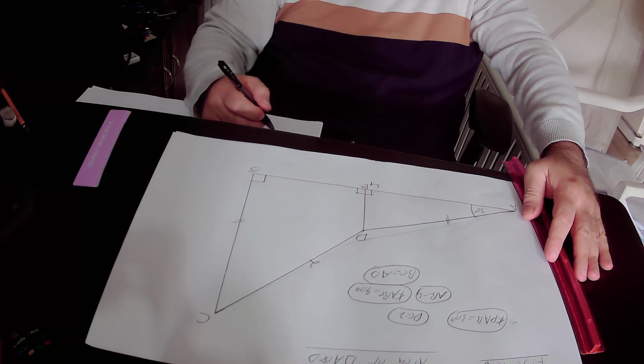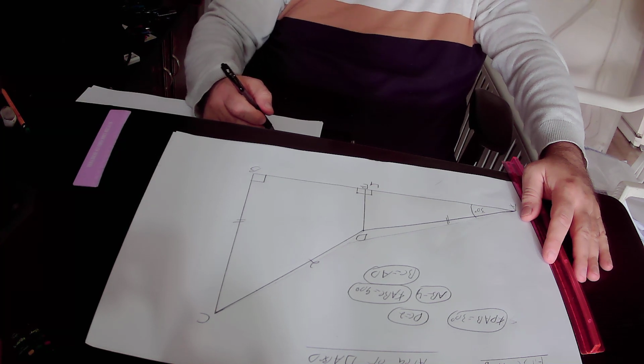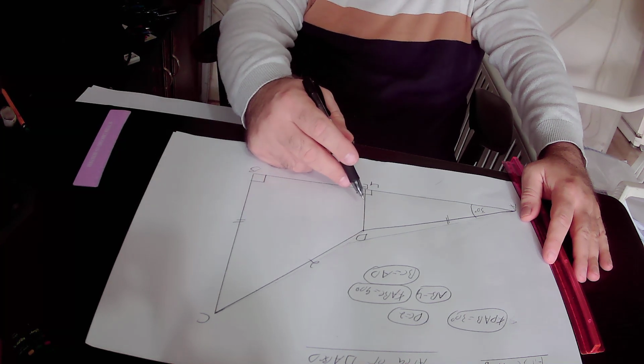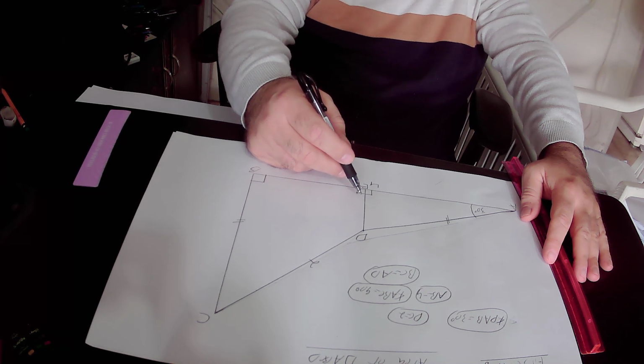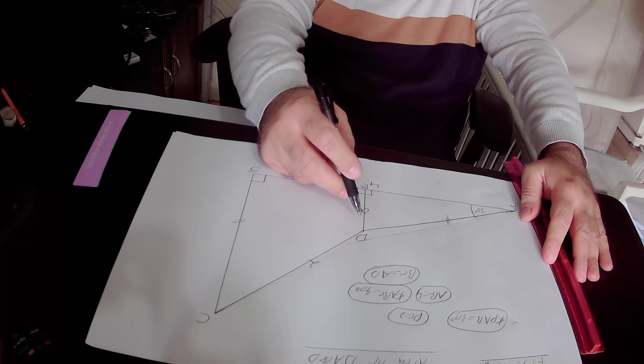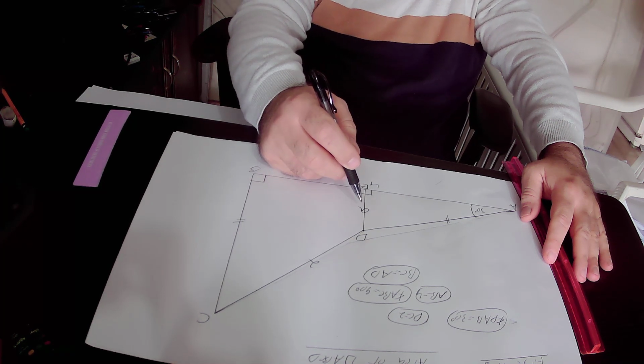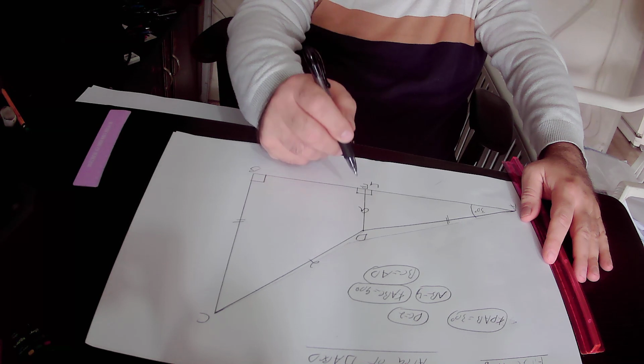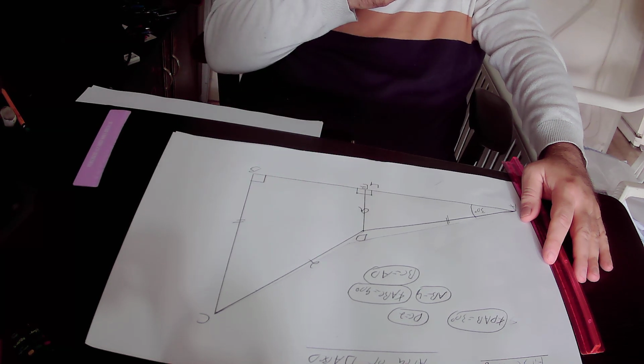And we will define line segment DE as A. That is to say, line segment DE equals A units in length,